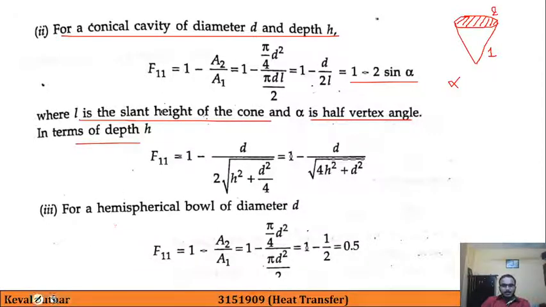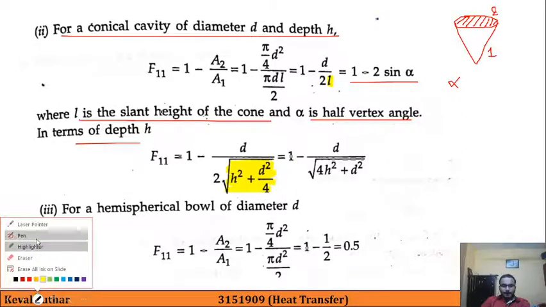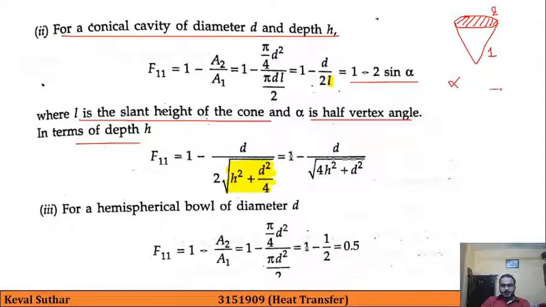So here, instead of this L, we can write this formula, that is the square root of h square plus b square by 2 the whole. Here this will be the value h and this will be the value b by 2. So we can get the value of L as the square root of h square plus b square by 4. And finally we are getting this.